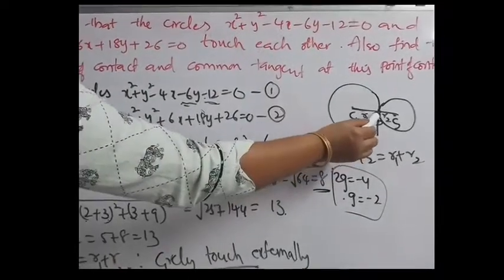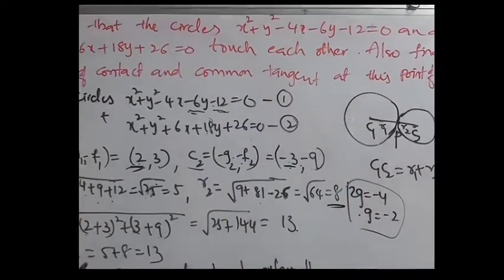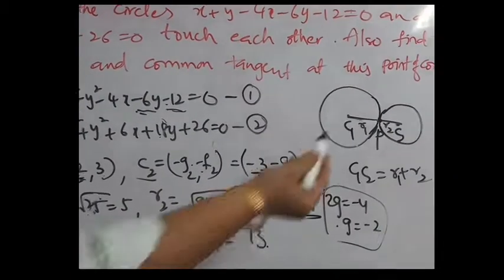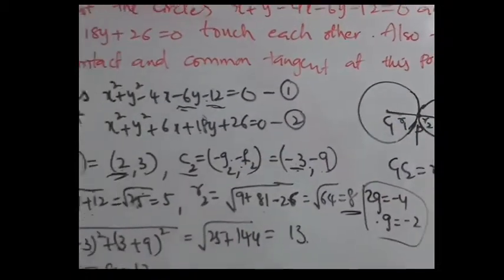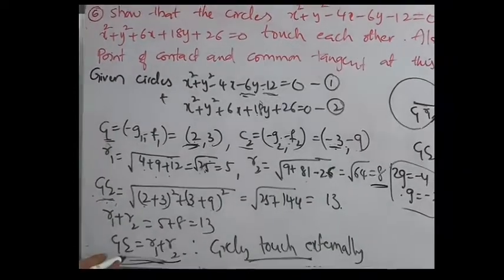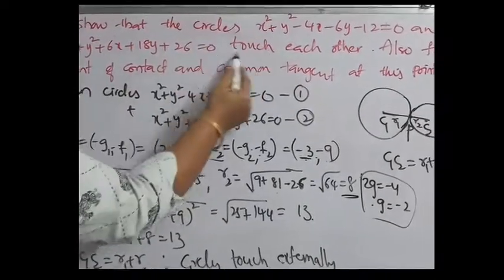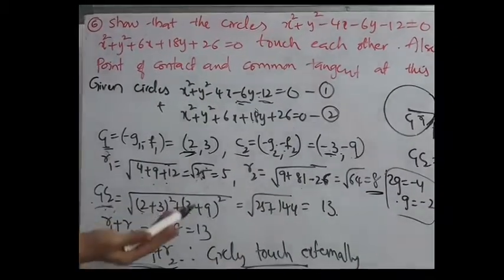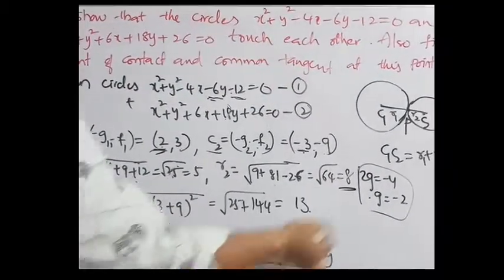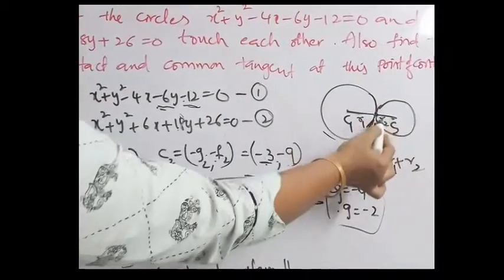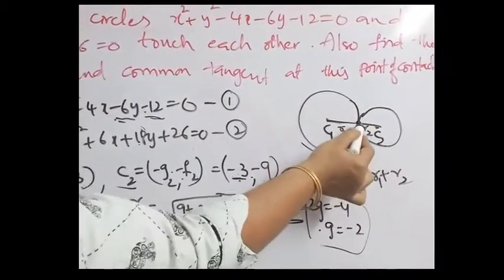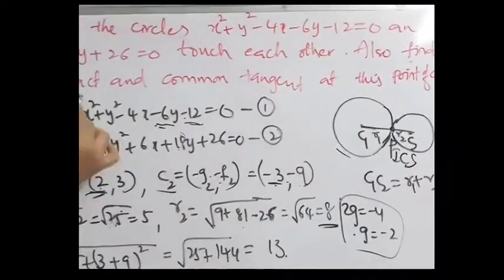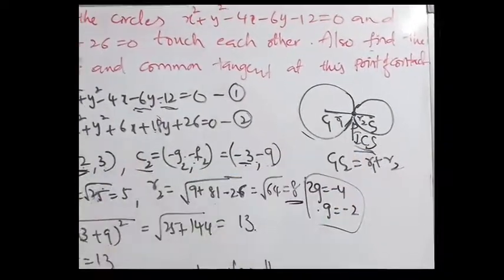In this case, what is the point of intersection? It is nothing but the internal center of similitude. Already we discussed this previously in the concept. So what is the relative position? First one: yes, show that the circles touch each other. We showed that. But externally or internally? Externally. If they touch externally, then the point of intersection is the internal center of similitude. So to find the point of contact, we have to find the internal center of similitude.